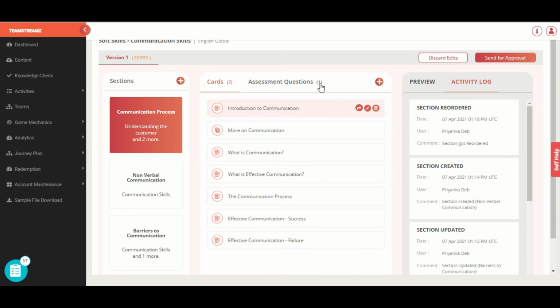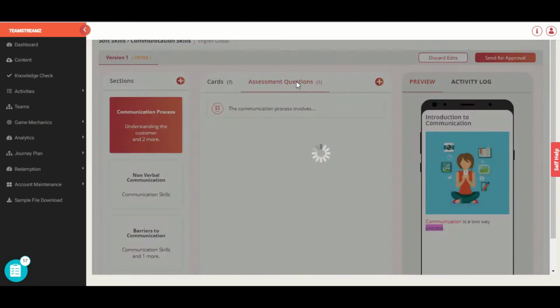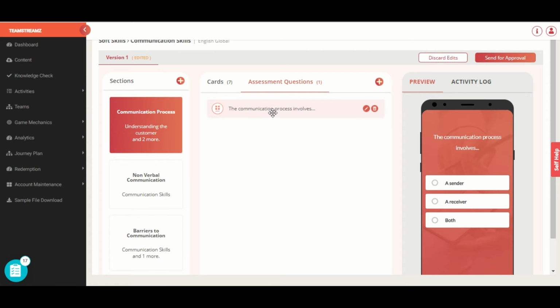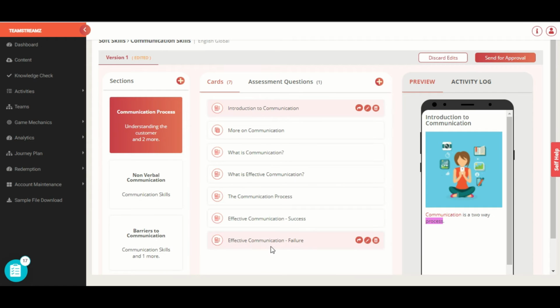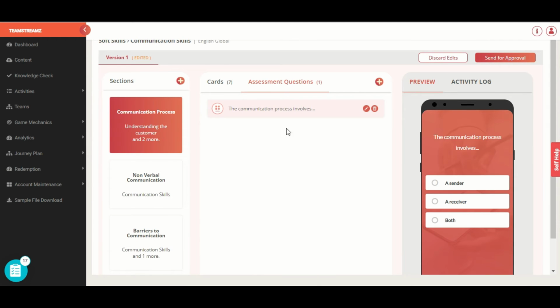And you see the number 1 has appeared out here, which means you've got one assessment question which has been added to your stream. So when the user will be looking at this content on their phone, they will first be able to see the content cards, and once they have gone through all the content cards, they will be able to view the different assessment questions.